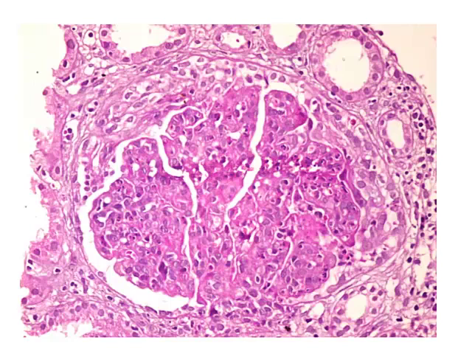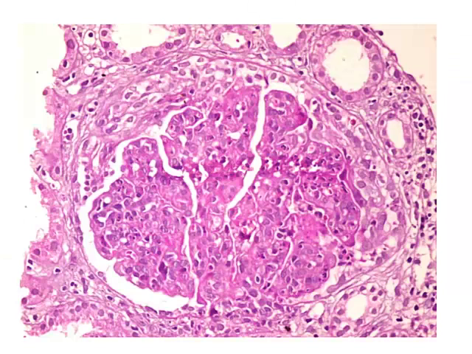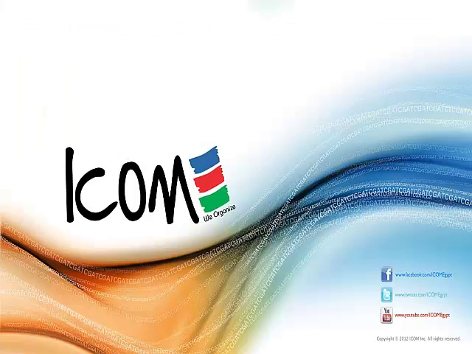Now we know that the patient is probably lupus. Which class of lupus is this? I will tell you that this biopsy had around 12 glomeruli, and almost 8 to 9 glomeruli showed these changes. How would you classify? Class 3 or 4. What tells you that this is class 3, for example? So yes, class 3 is focal. What is focality?